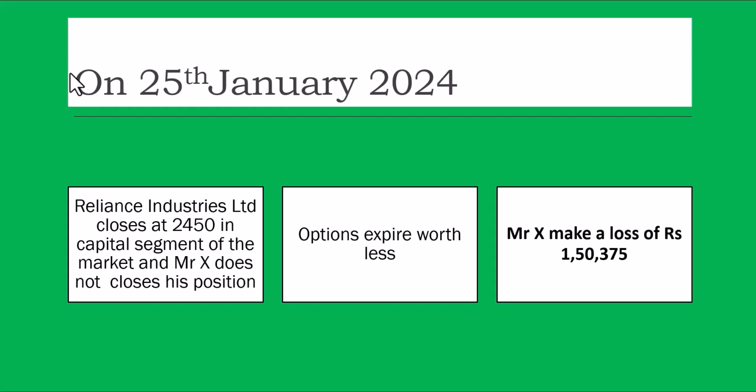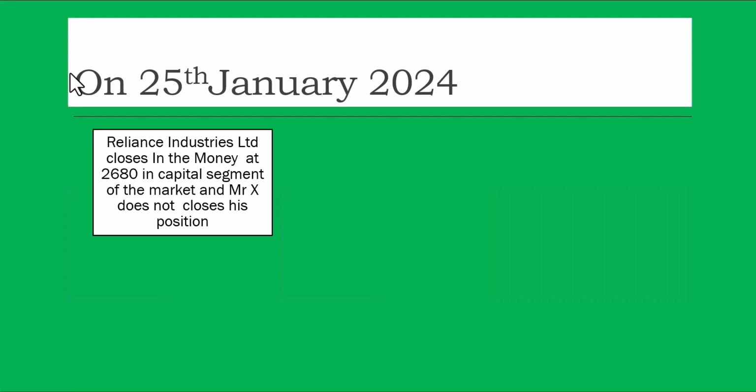So here the physical delivery will only be attracted when it is in the money. If the call closes in the money, that means you are making a profit. Here you are making a loss, so there is no physical delivery. Have you got it? So here, his premium is gone, and the option writer has made the money. Let's now discuss the case where there is a physical delivery.